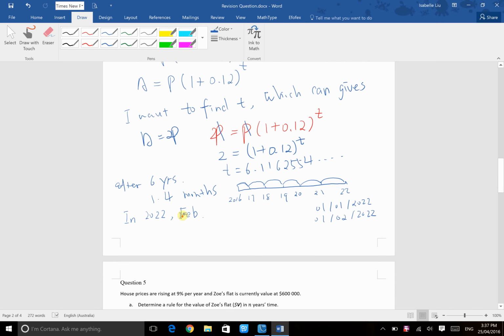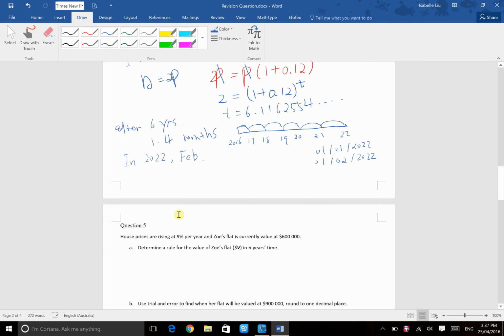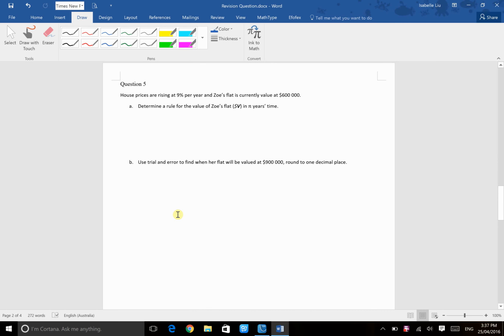Okay, that's this question. Let's have a look at question 5. House prices are rising at 9% per year, and Zoe's flat is currently valued at 600,000. Determine a rule for the value of Zoe's flat, V, in n years. First of all, the variable is already set for us, so we must use the variable here. So V equals the initial amount, which is 600,000, times